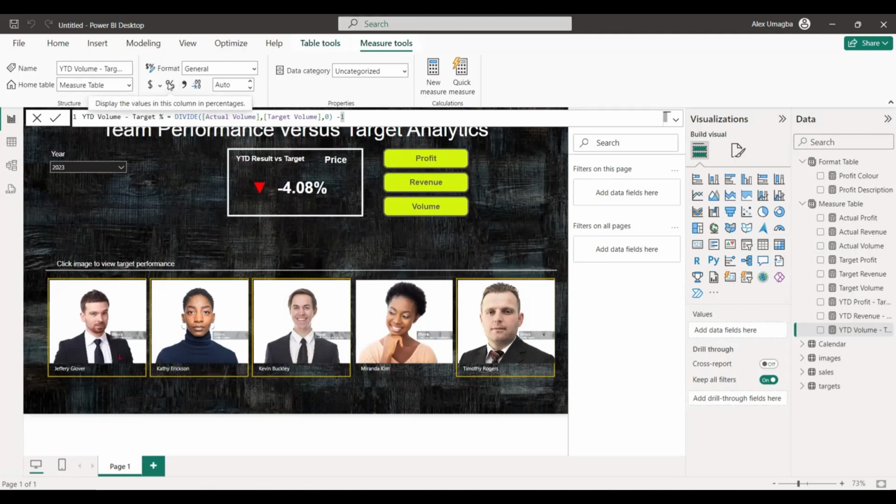Then we'll make this percentage as well. Okay. Someone is asking why we are making it -1. Just an easy way you can do that is this. You do the actual profit. Okay, let me quickly explain that. Let me finish up this and I will explain it to you, because I believe this is just a